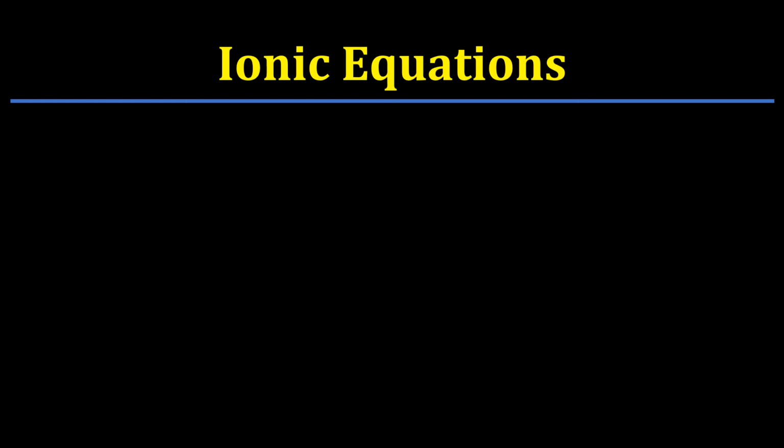In this video, we are going to learn how to write ionic equations. Now, one thing to note is that most chemical reactions take place between ions and not molecules. So, because of this reason, it's sometimes easier for us to write these equations by including ions in the equations. So, ionic equations will contain some ions in them, and these equations basically show us the reacting species in a